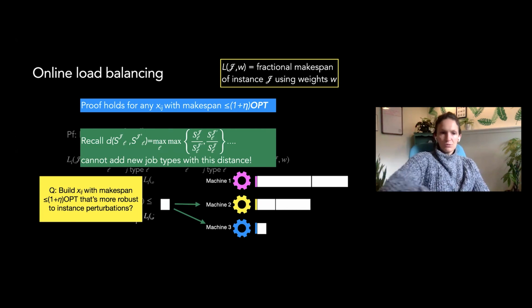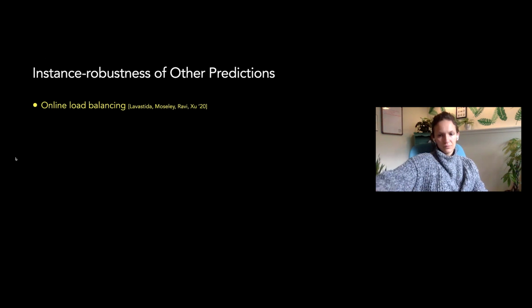So maybe one question moving forward from here is, can you build fractional assignments X that have good makespan, which is more robust to instance perturbations? And more robust would mean, they already came up with a pretty robust one, but could you do something where you're allowed to add new job types? So I told you there was only